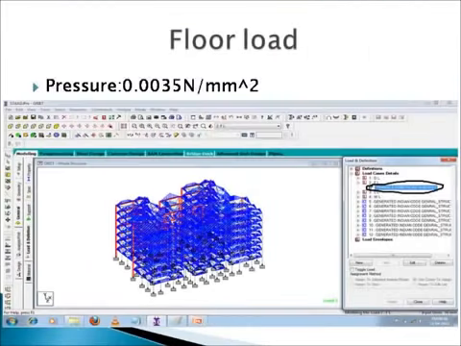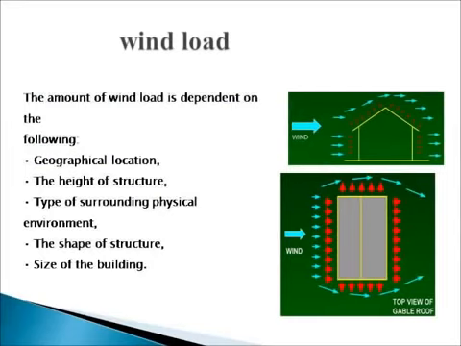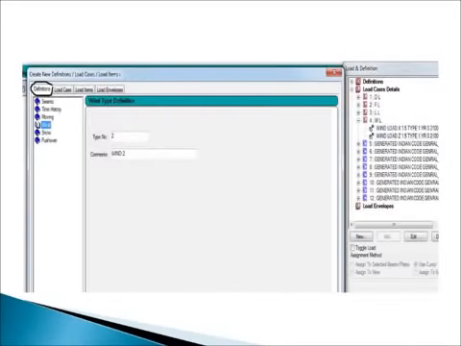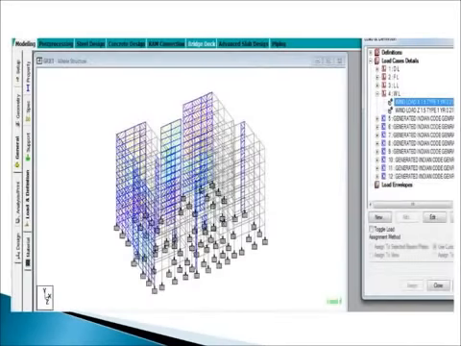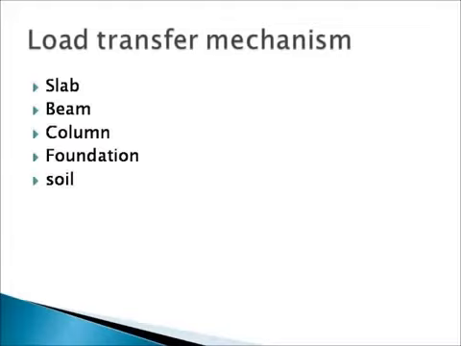Next, floor load. Load on the floor is due to loads of walls and slab. Create a load case just similar to the above loads and give the intensity of floor load. After applying it to the structure it looks like this. Next, wind load. Assigning the wind load is different from other loads. These steps are involved: first, creation of load case, next definition of wind load, next calculate wind intensity based on wind speed at different heights. Next, apply wind load in two directions, load transfer mechanism.